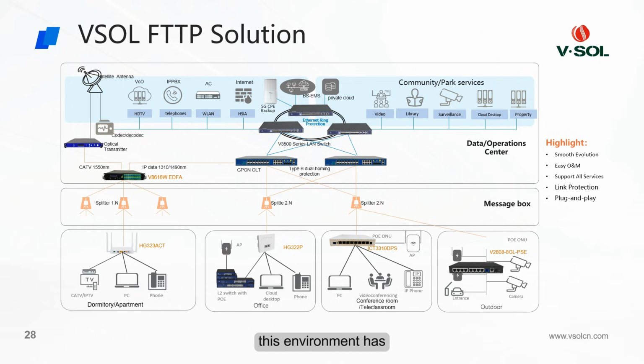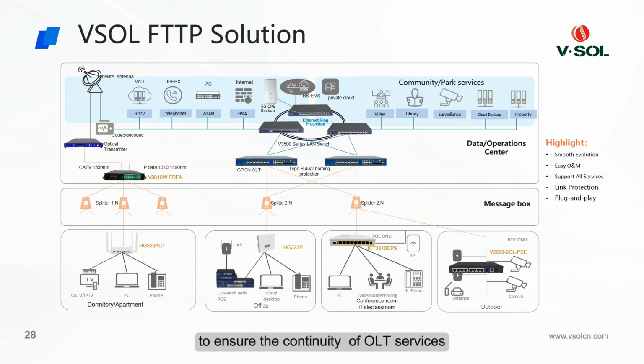This environment has certain requirements for network redundancy, and the business cannot be disconnected for a long time. Two GPON OLTs have been selected for Type B redundancy network protection. When one OLT loses power or is abnormal, it will actively switch to the other OLT to ensure the continuity